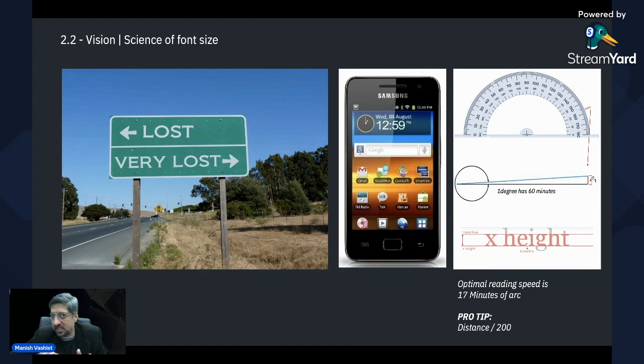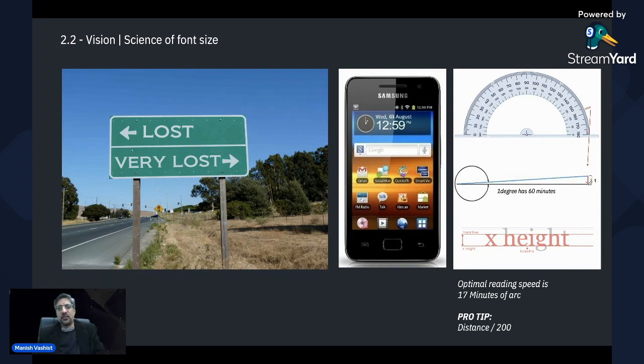So each degree has 60 minutes, and the optimal reading size. Now, just hear me out, right? The optimal reading size for a human eye is 17 minutes of an arc. So it's about one third of a degree, right? It's about this. Now you might be saying, okay, that's too small, right? But okay,